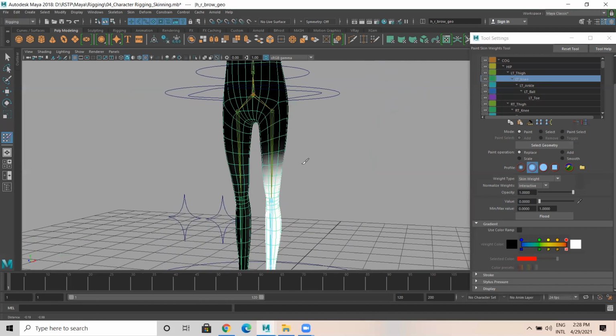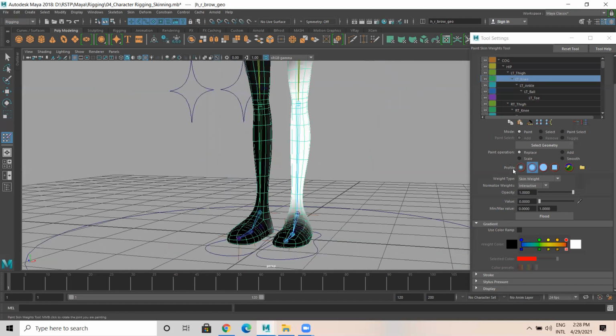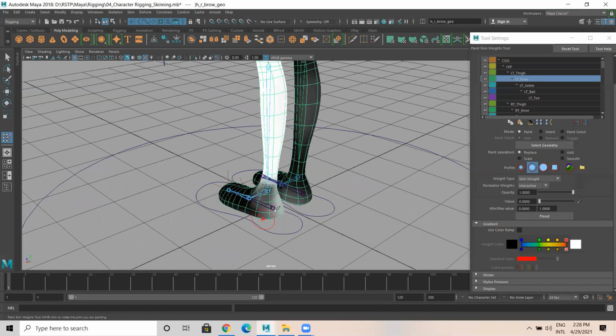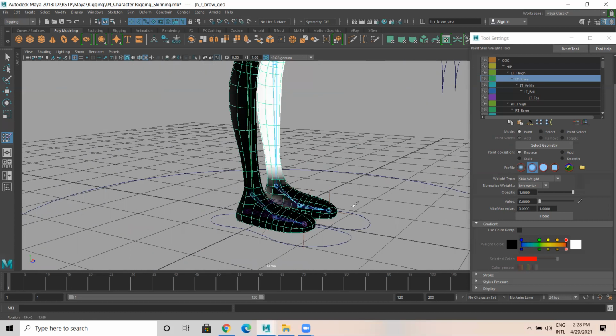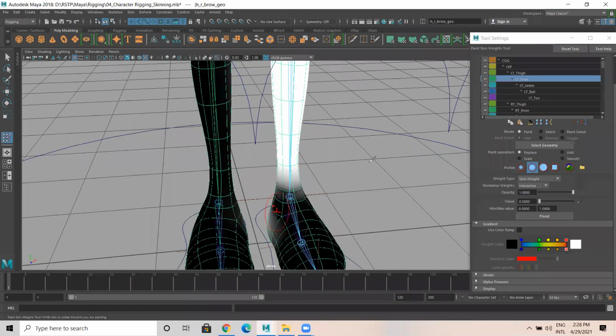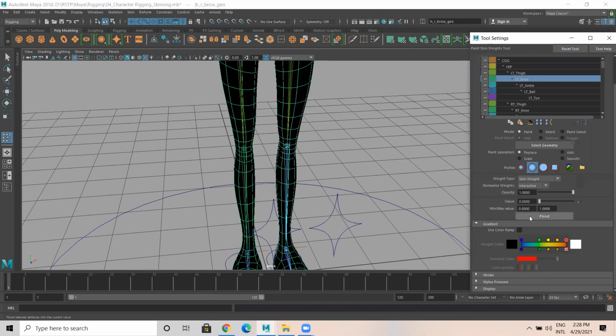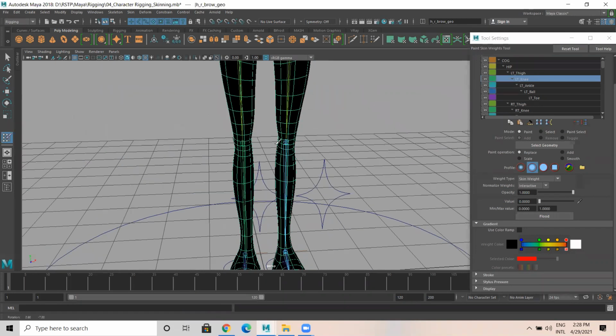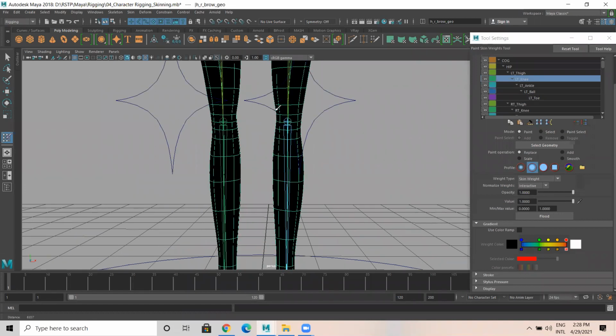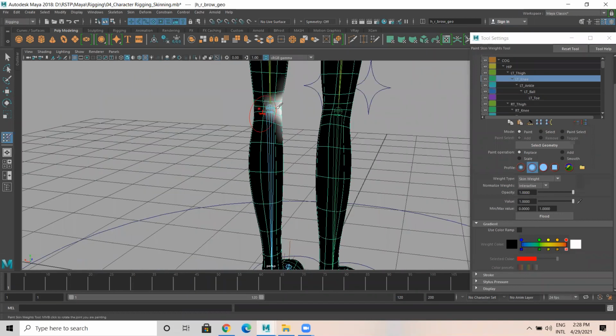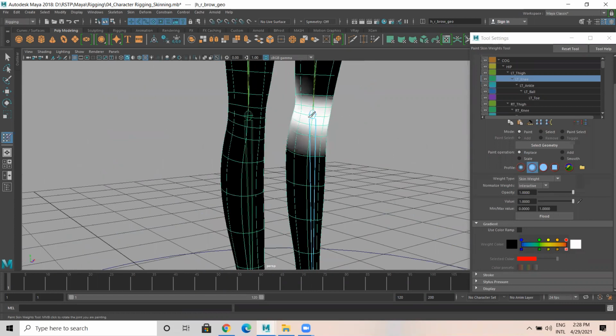Now I take knee. Knee should affect only this part. So knee is affecting a lot. Even at the bottom it is affecting the knee joint. We have to paint this manually. Or else, if this seems like too much, I have selected only the knee joint, value 0. 0 means completely black, flood. Now the knee joint is not affecting any of the vertices. I have added value 0. Now manually let me add 1. Knee should affect the left knee. Like this. Left knee.